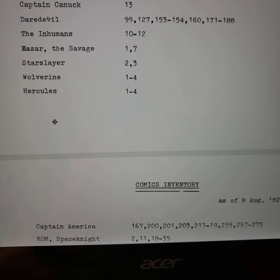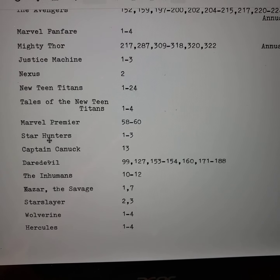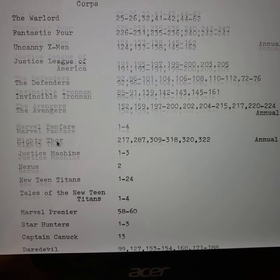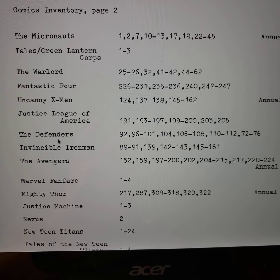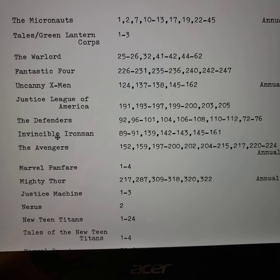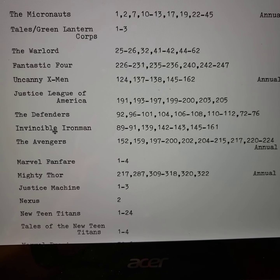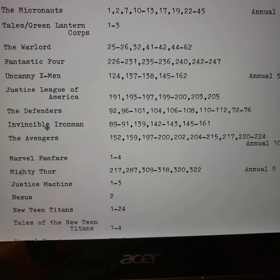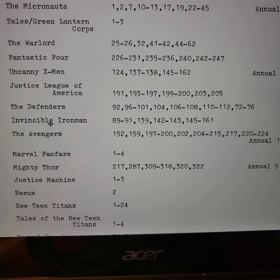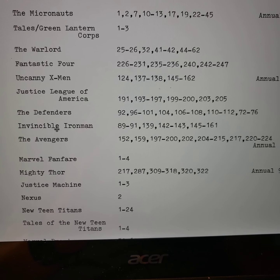So yeah, really, really awesome. It's really awesome to see this and realize that I'm sitting on some really valuable comics, none of which I intend to sell. I love all of them. In fact, I will probably go through and reread a lot of them. So just thought that was really cool to share. This is the joy of collecting comics. You get the bug when you're a kid. It goes away for 30 or 40 years, and then you get the bug again, and it's a nice